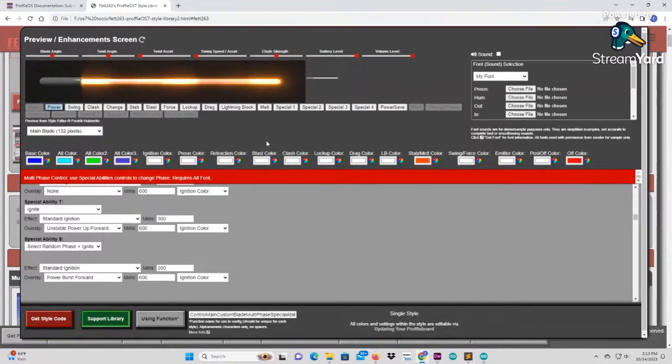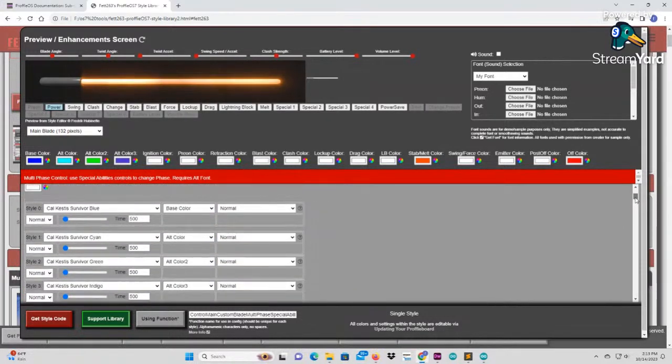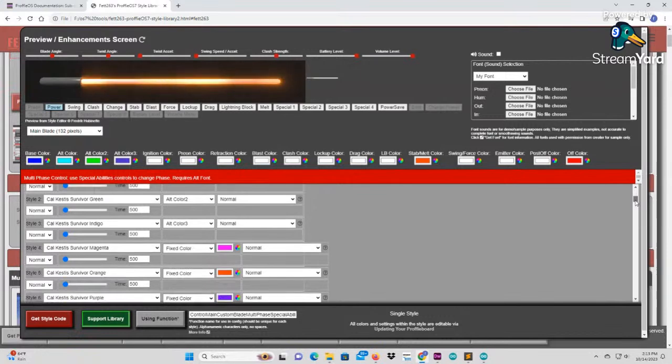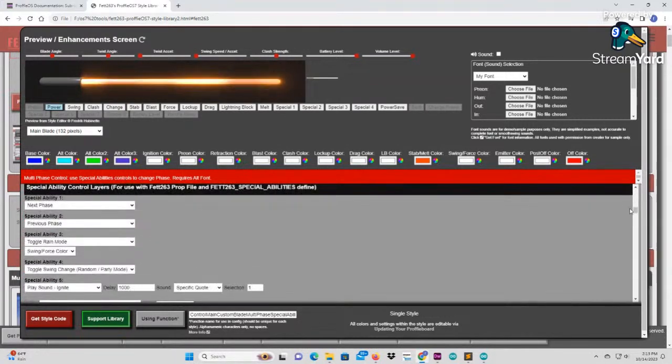So those are all, again, one preset. And if you have the alt font set up, which is required for this style, all different sounds. So you have 8 blades, right? I lose track. Let's look. We have 8 styles. We start at style 0. So technically we have 9. I keep saying 8. I forget that the numbering is 0 through. So the first one is 0. So 9 colors, 9 sounds, 9 visual effects, 5 different ignition types, including ignitions with sounds, rain mode, a party mode,